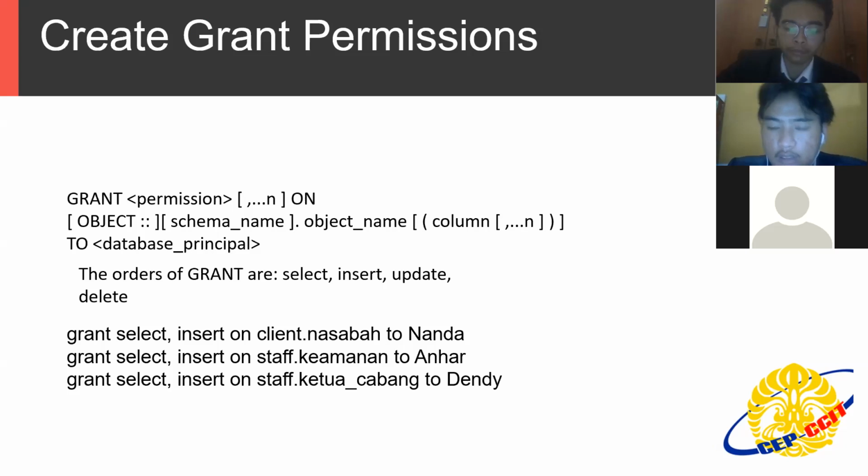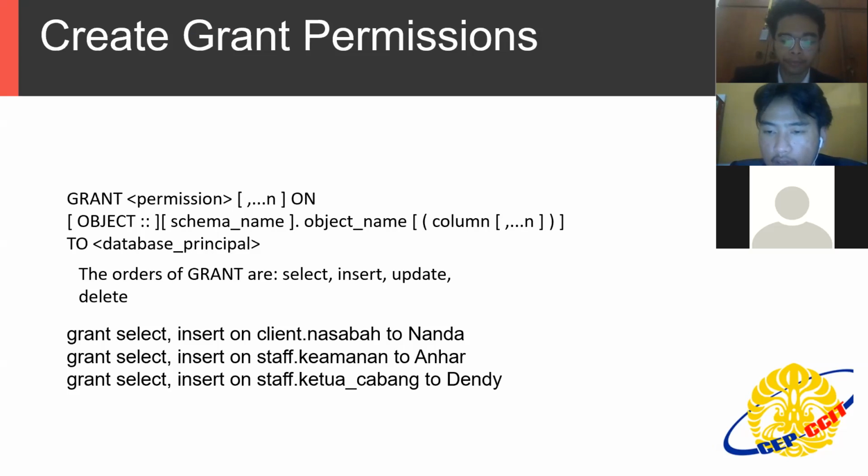This grant select gives the access to staff keamanan. The name is Anhar. Anhar gives the access for staff keamanan, not to another access.